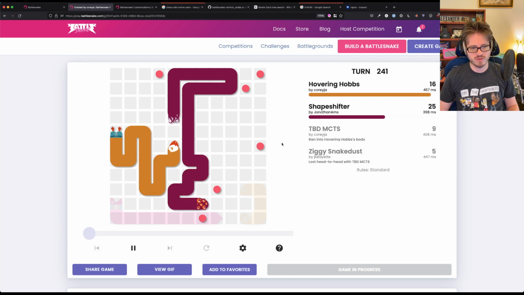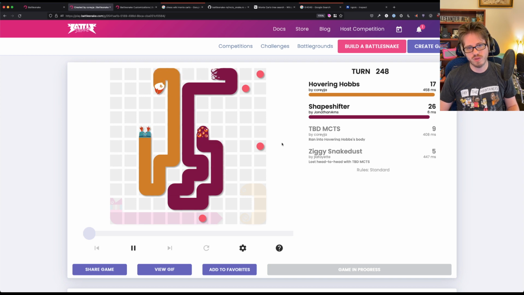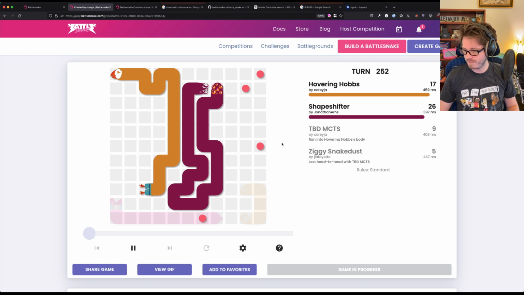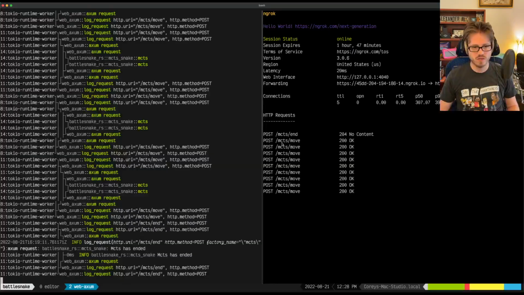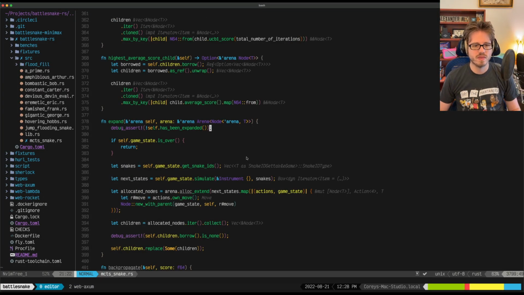I'm just gonna take a glance at my Monte Carlo and read through it again, and then we'll come back to this game when we have a sec, or when it's done, hopefully. Okay, so we were just looking at the stages of Monte Carlo, and in my expand, so expand is supposed